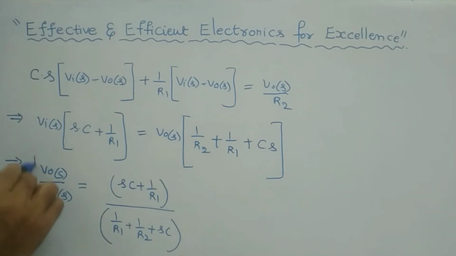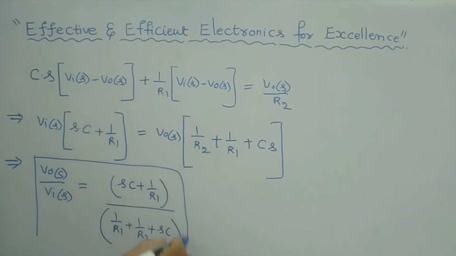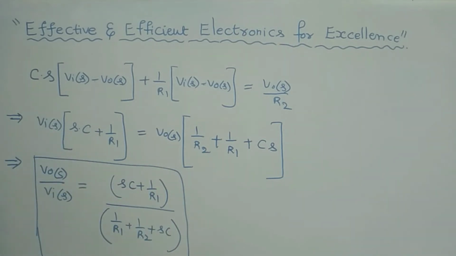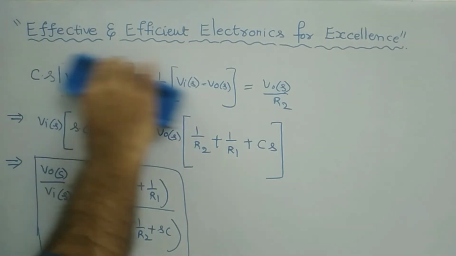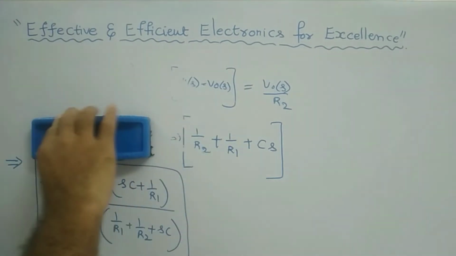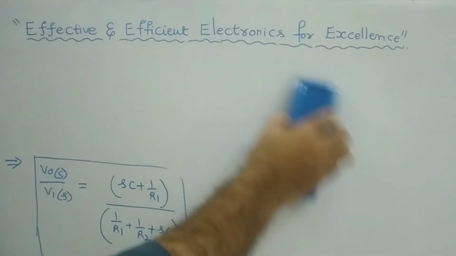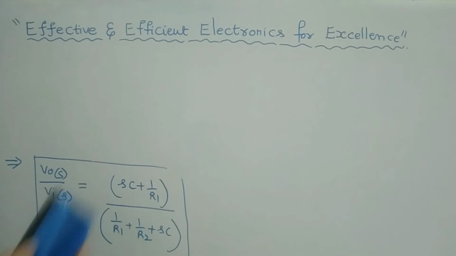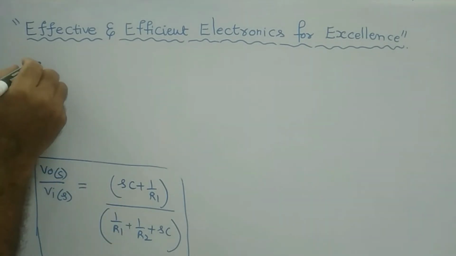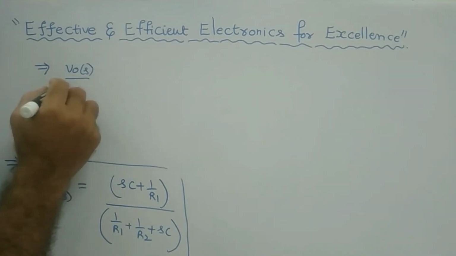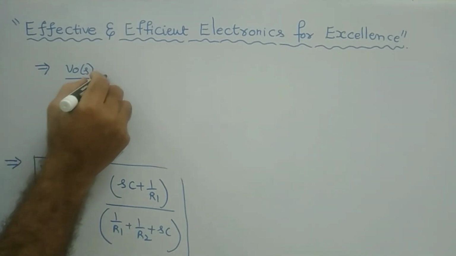This is in general the expression, and furthermore this can be simplified into a simpler form. Actually, we will see that also. This is actually your transfer function, but you can simplify it a little more. So what can be done for this? So, further simplification. From this you can write that V0 of S by Vi of S is equal to,